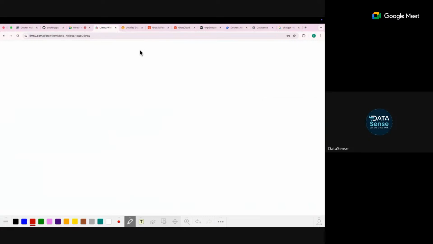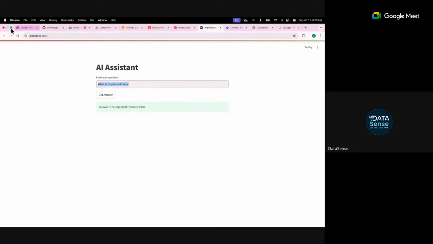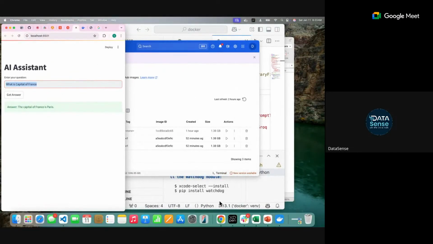So what I mean to say, for example, presently this is running on my system. My system has a certain RAM. It has a certain version of, for example, Python, since this application is a Python application. There can be any application. It could be a Java application, it could be a Node.js application, it could be anything you can think of which is available.